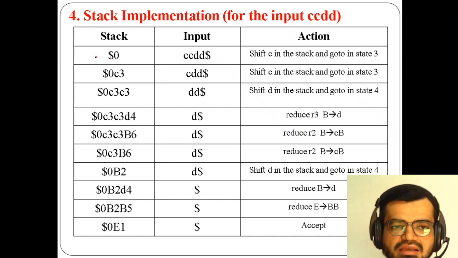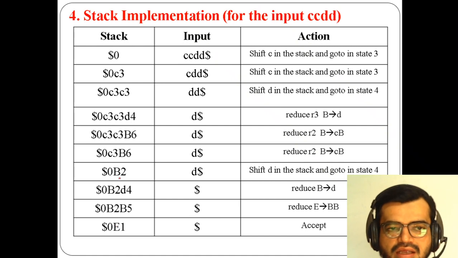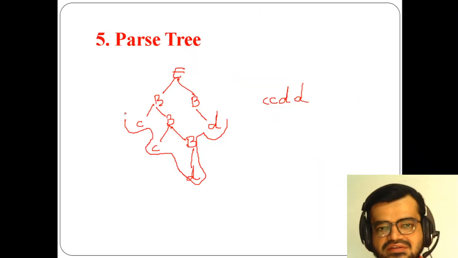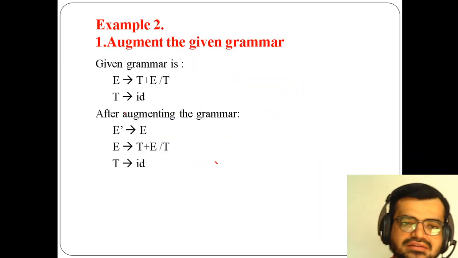So this is my stack. If you refer to column 1, you have to start in reverse order, from the last value, that is from E, and go in reverse order until you reach the terminal. So this is regarding the previous example. Today we are going to see another example.